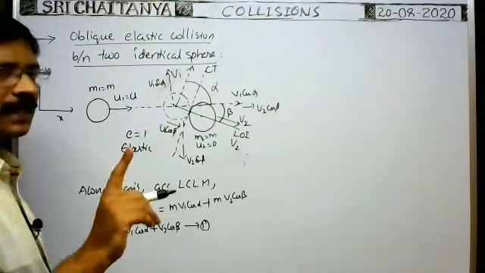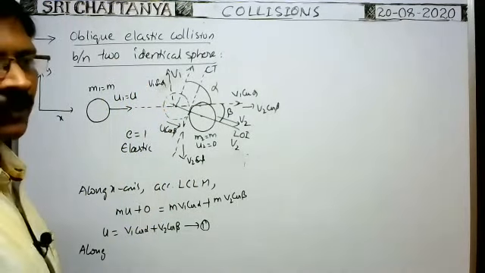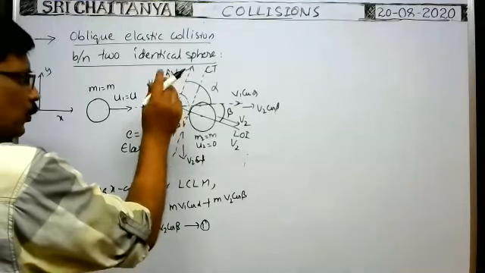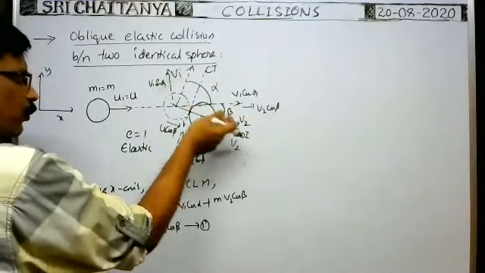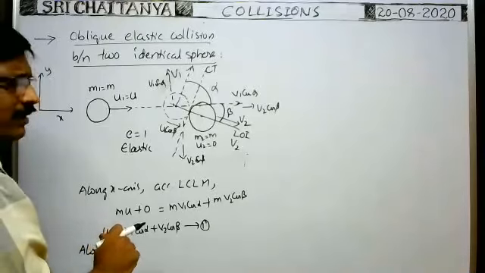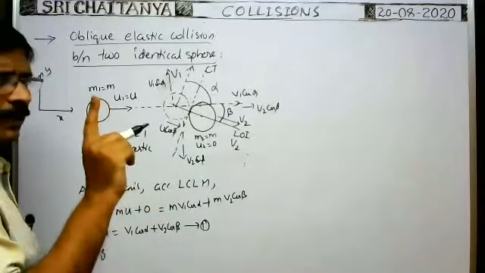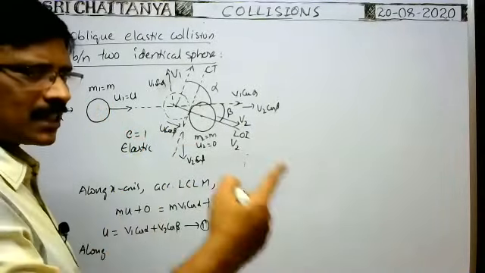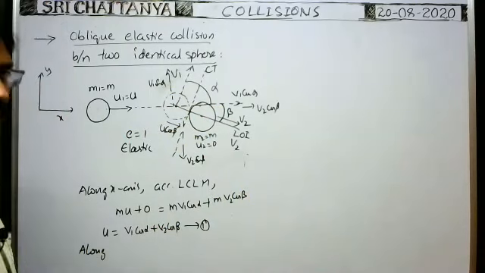For a single body we cannot apply the law of conservation of linear momentum. When you consider a single body, due to the other sphere, some force acts on the sphere. That's why momentum is not conserved when you consider a single sphere. When you consider the system of two spheres, then the law of conservation of linear momentum is applicable.